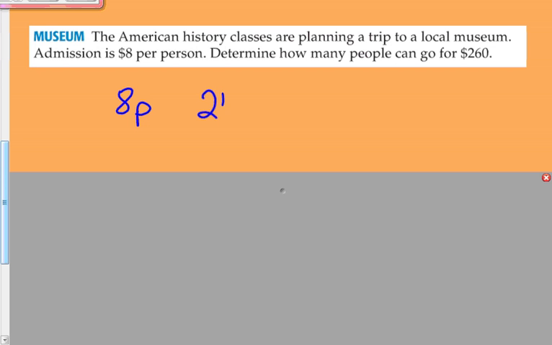Well, I know we've got 260. I know we cannot go over 260, so it has to be less than or equal to, because we can spend 260. And then to start solving it, we have to divide by 8. So when you do 260 divided by 8,